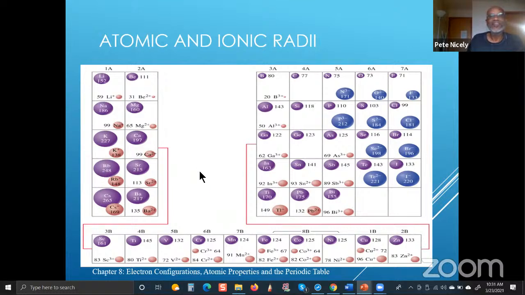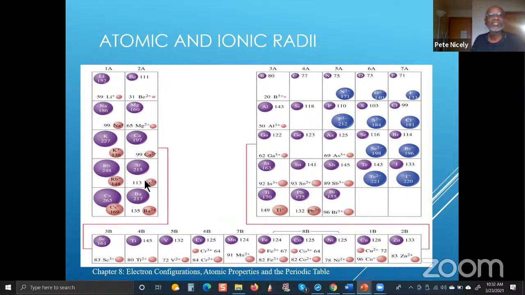And then if you look at comparing the size of the ions to the atoms, you'll see that the ions, when it comes to the cations, will be smaller compared to the atom from which they're formed. So for example, in the case of sodium, the atomic size is 186 picometers. For the sodium ion, it's 99 picometers. So therefore, there's almost a 50% decrease in the size as you go from the atom to the